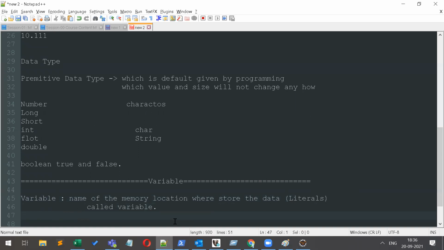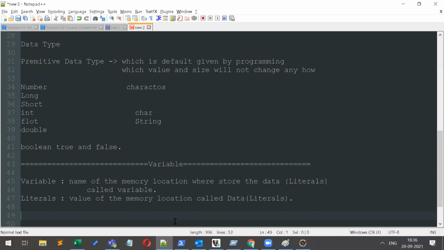The literal is the value of the memory location, called data. That's it.